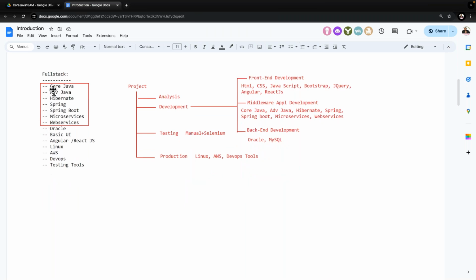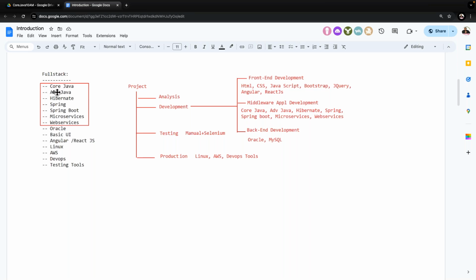Almost 14 to 15 courses I have listed out. The first part is Java, and the remaining part is non-Java. In full stack Java, this first box is purely for Java. The remaining part is non-Java. The non-Java courses we can start right from today, at any point of time. Java we anyway started today. Parallel to this we can start with our content, and any course we can start.